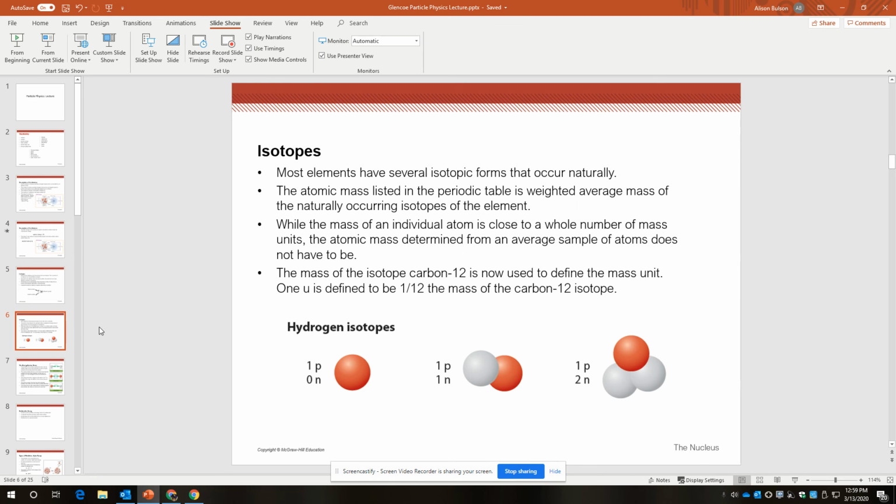More about isotopes. Most elements have several isotopic forms that occur naturally. They have several variations of a nucleus of the same number of protons and different amounts of neutrons. The atomic mass listed in the periodic table is the weighted average of the mass of the naturally occurring isotopes of the element. While the mass of an individual atom is close to a whole